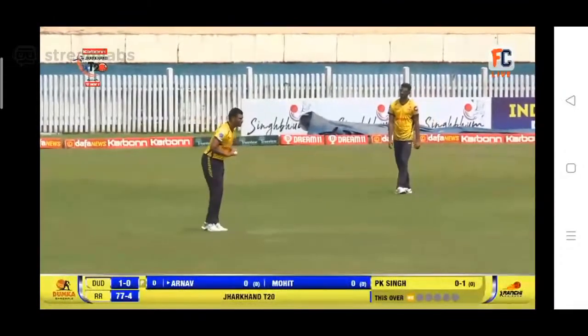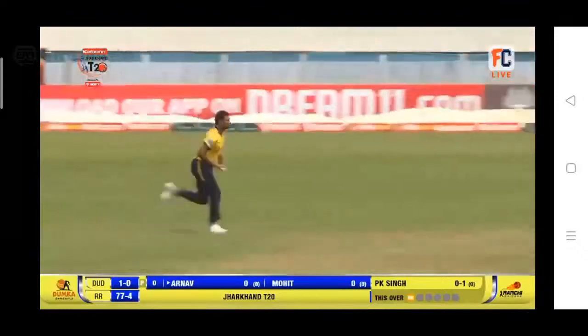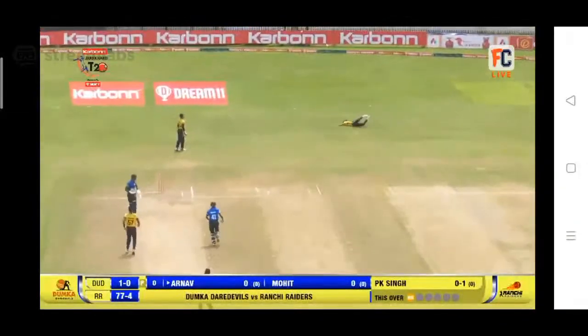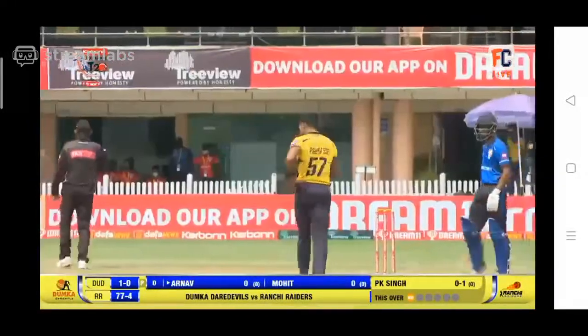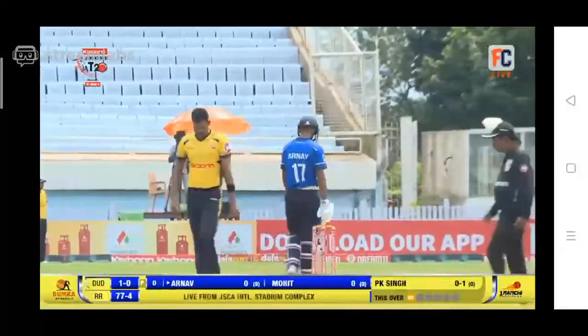But if you are bowling wide of the leg stump, you are giving an opportunity for the batsman to hit you. And that plays off his leg and beats the fielder at fine leg, short fine leg, 4 runs. There was no need.